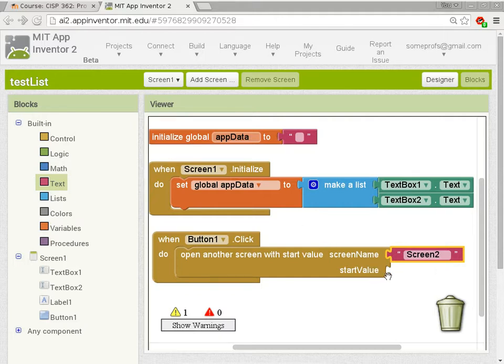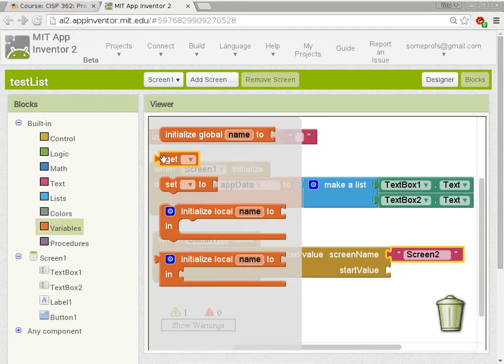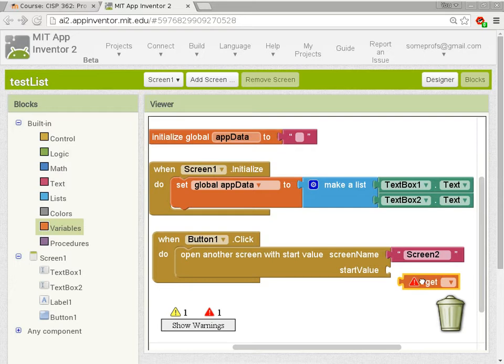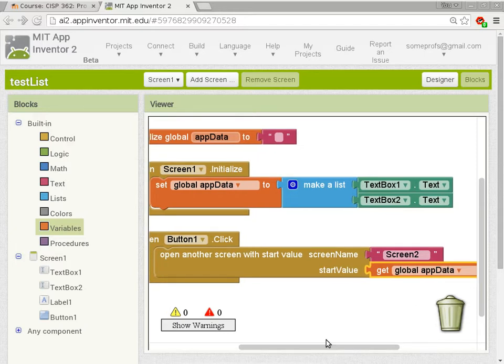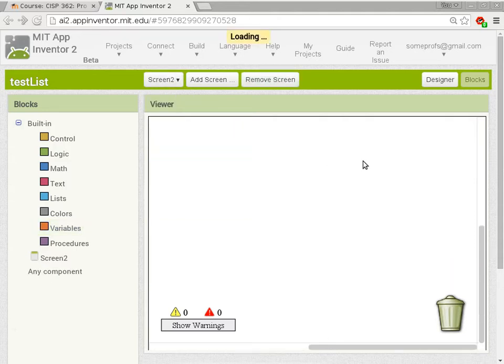And what I'm going to do is I'm not going to pass 2 things. I'm going to pass one thing, which is my global variable app data. So I go to variables and use get to specify my variable global app data. Okay. So this is one way to pass 2 pieces of individual thing to another screen. Now, but I don't know whether it's working or not until I reprogram screen 2 so that it will display both items. So now I go to screen 2, still in blocks view,